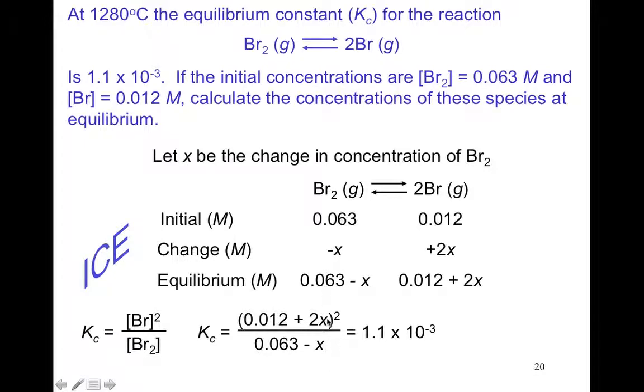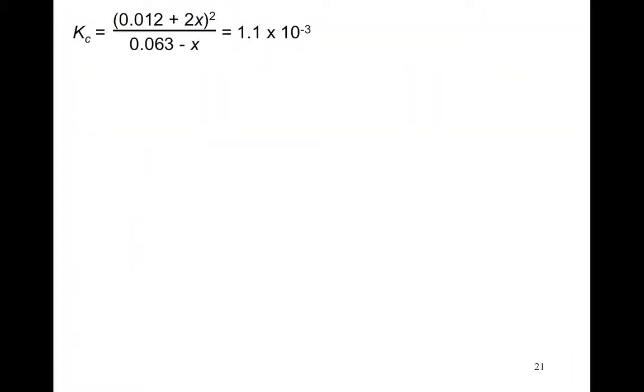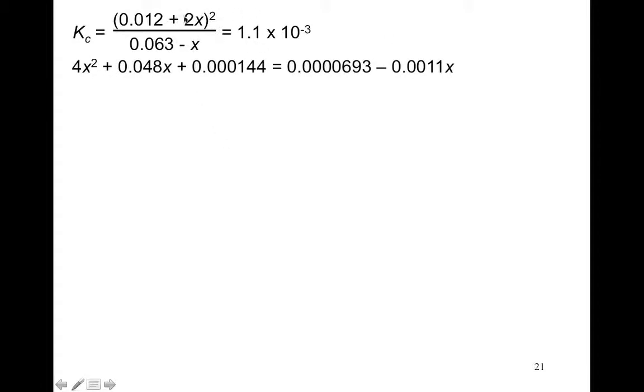Now unfortunately they started us off with X being squared, and we're going to end up using the quadratic equation, and things are just going to go crazy. For the math nerds in the house, that won't be a huge hurdle. That is a bit of a hurdle for me, but we will get there. So now we solve for X. So we say, okay, we've got this equal to 1.1 times 10 to the negative 3. We go ahead and square this, which I think could totally be wrong here. I think it might be FOIL, like first, outside, inside, last. I mean, let me know if that's even a thing in math. I think it is. And then you would divide it by 0.063 minus X, and you would get this,